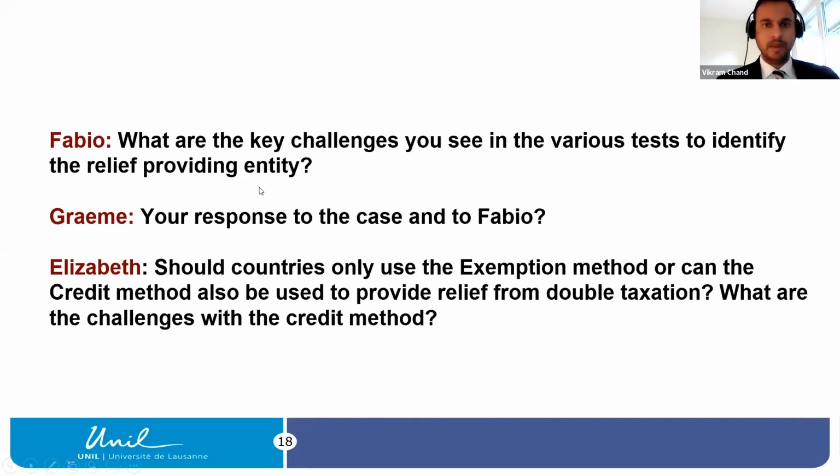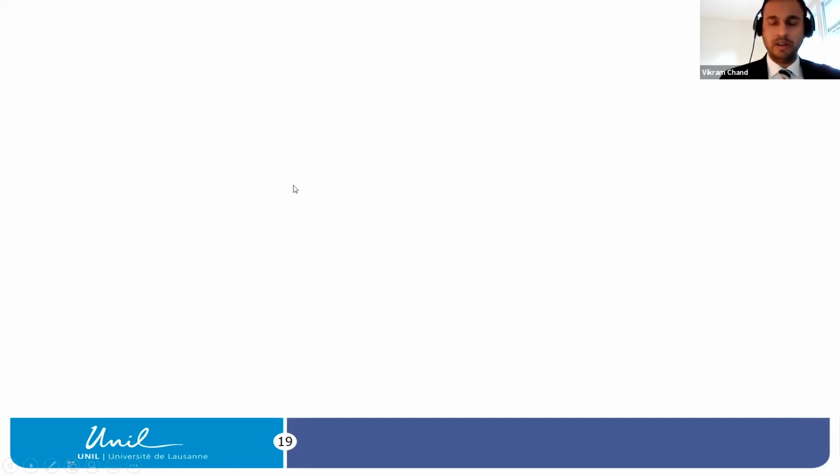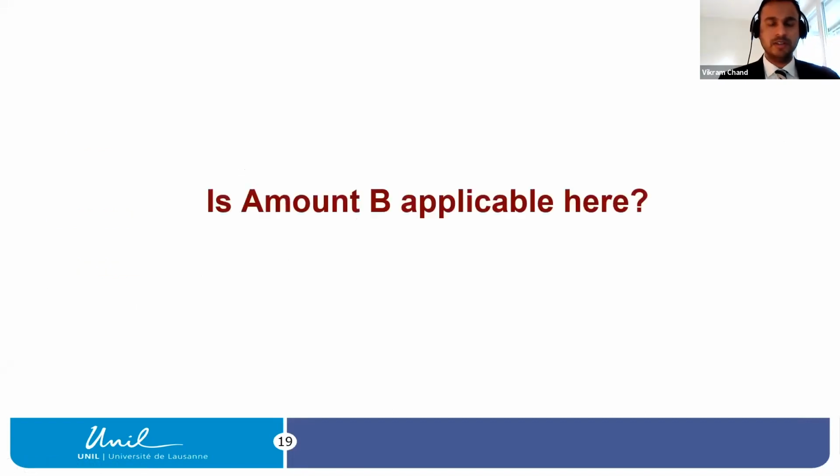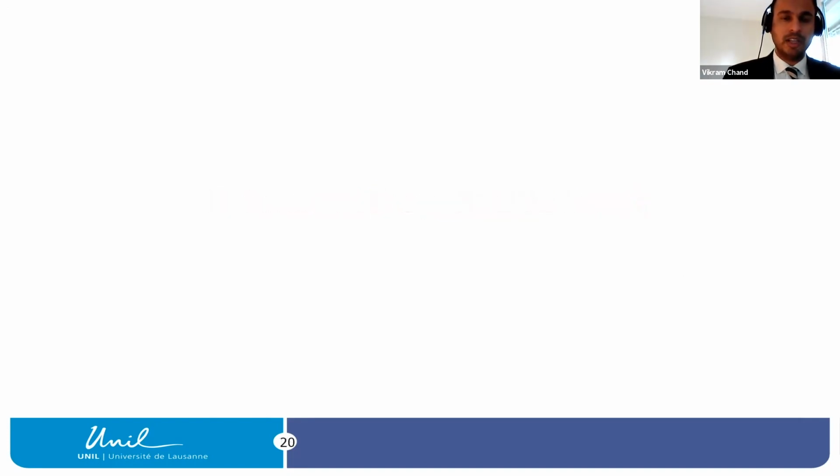All right, thank you. So moving on, after addressing these questions, we've covered the entire segment on Amount A, how Amount A is calculated, reallocated, and which entities provide relief from double taxation. I think with this case study, we've given a very good overview to the participants on how Amount A would actually work. With respect to Amount B, I would now just like to mention that Amount B is also relevant in our case,